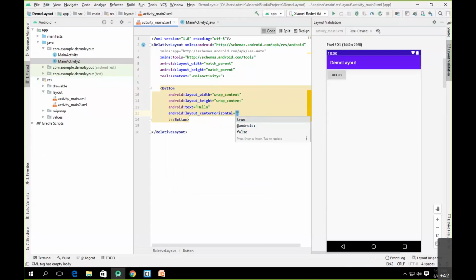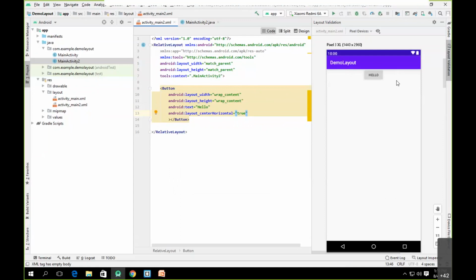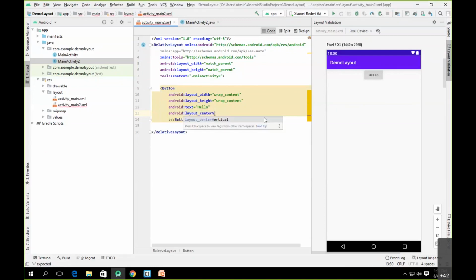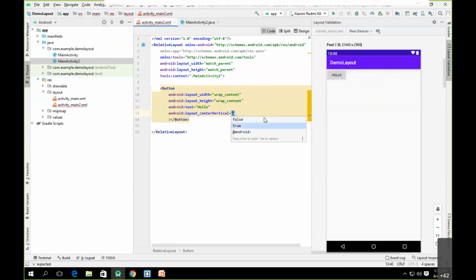So it will have two values. By default it is false, and if I make this value true, as you can see, the button will be aligned in a center position with respect to the horizontal axis. In the same way we have something called center vertical. When I use center vertical as true, you can see the button is aligned centrally